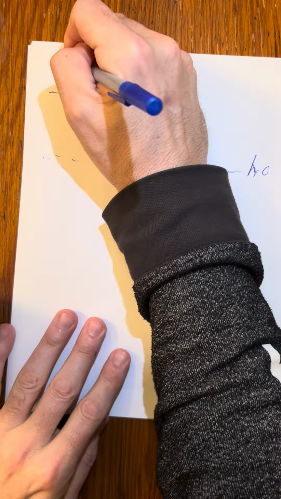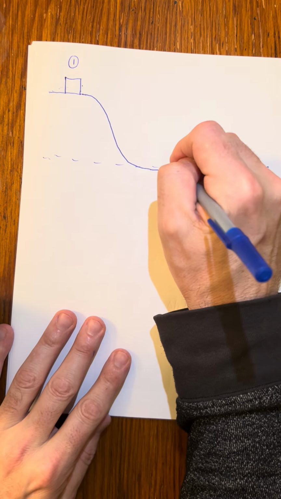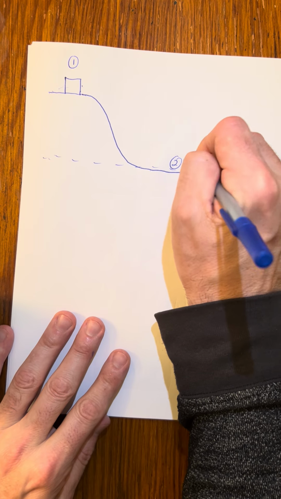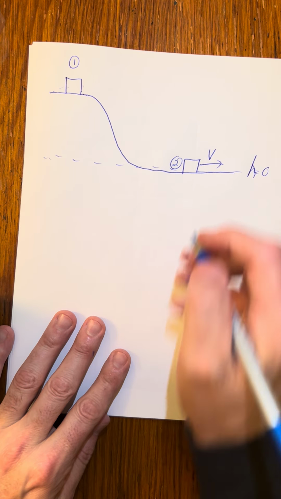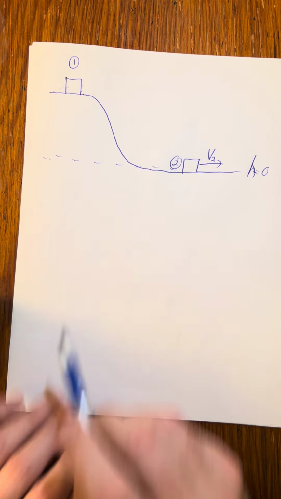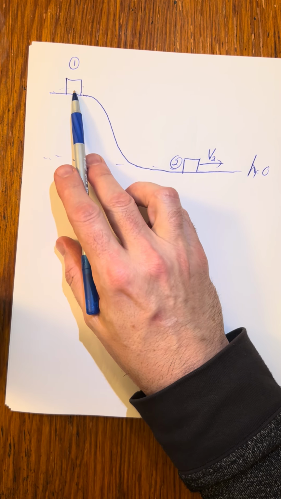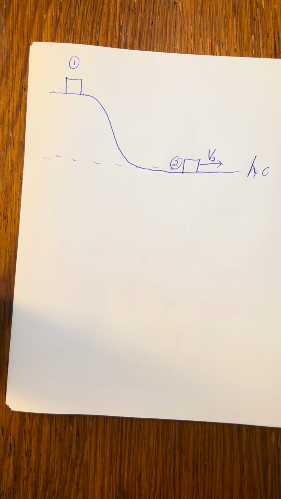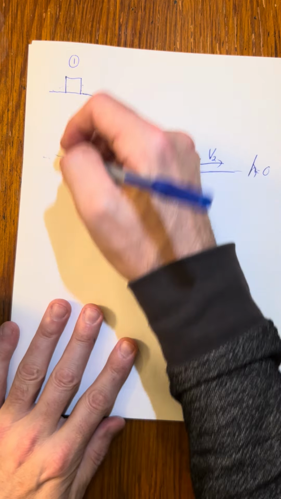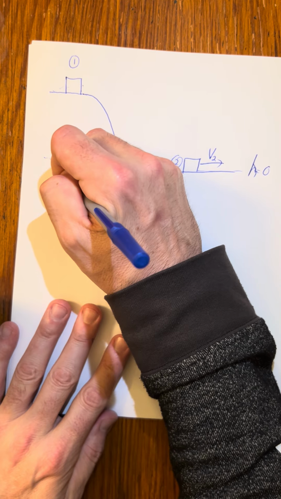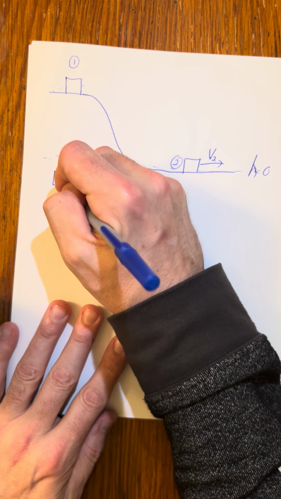Anyhow, here we go. Let's say this is position 1 up here, and this is position 2 down here, right? And we know it's going to be moving along here at some sort of V2. We'll say that it has no speed there. It's just like on the precipice. It's about to go over the edge. So up at this location, this object has